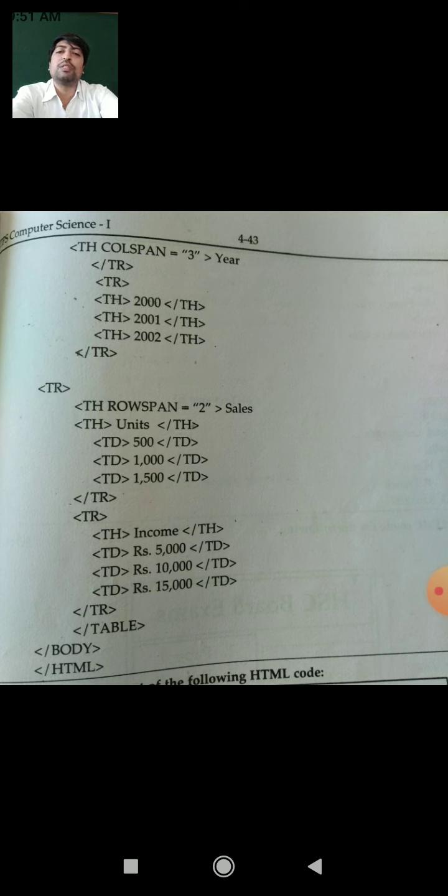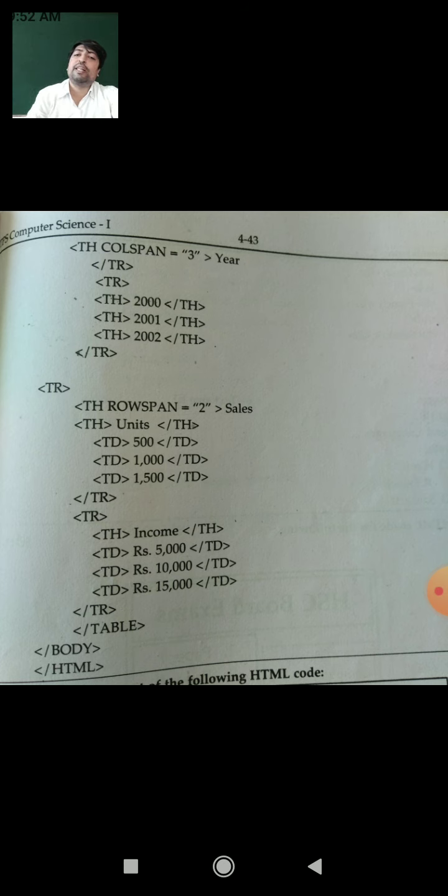Firstly we will close the tr tag, then in the second row we will enter the data with th as the table heading: 2000, 2001, 2002 as the table heading, and td means the table data, the data inside the table.